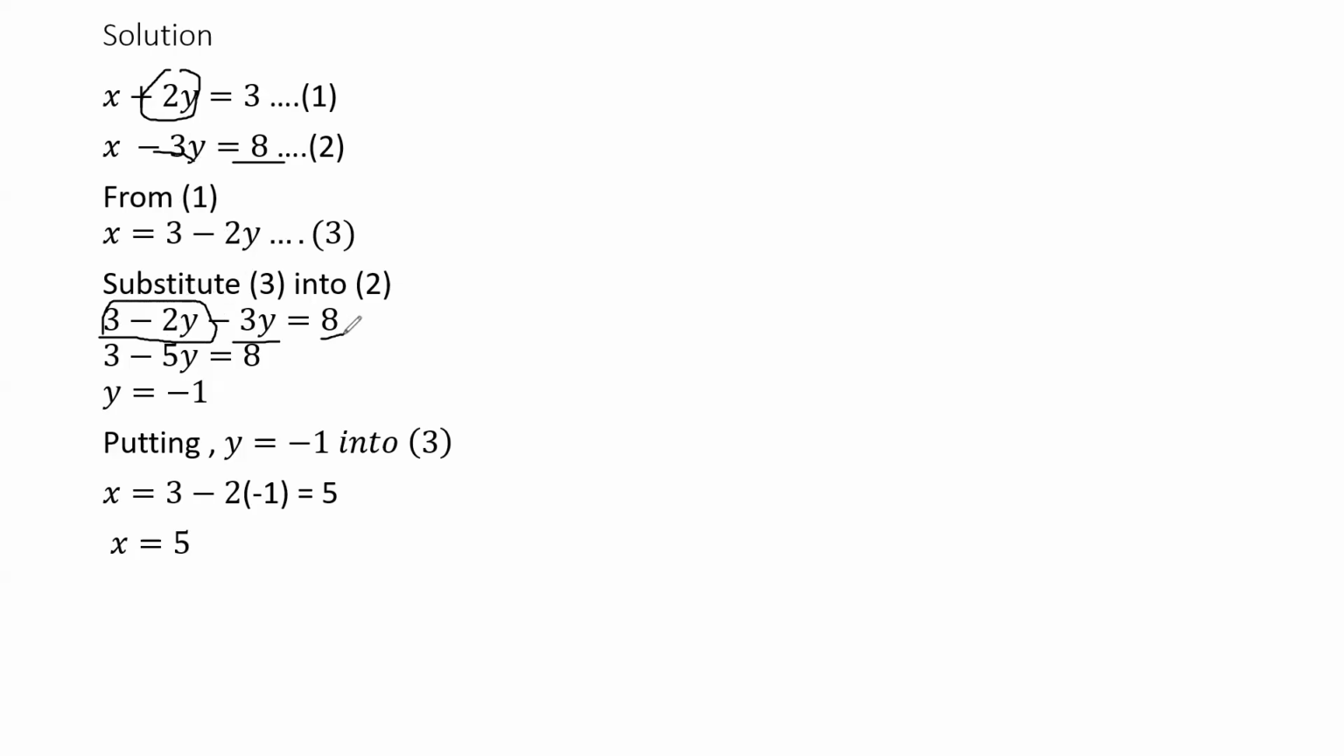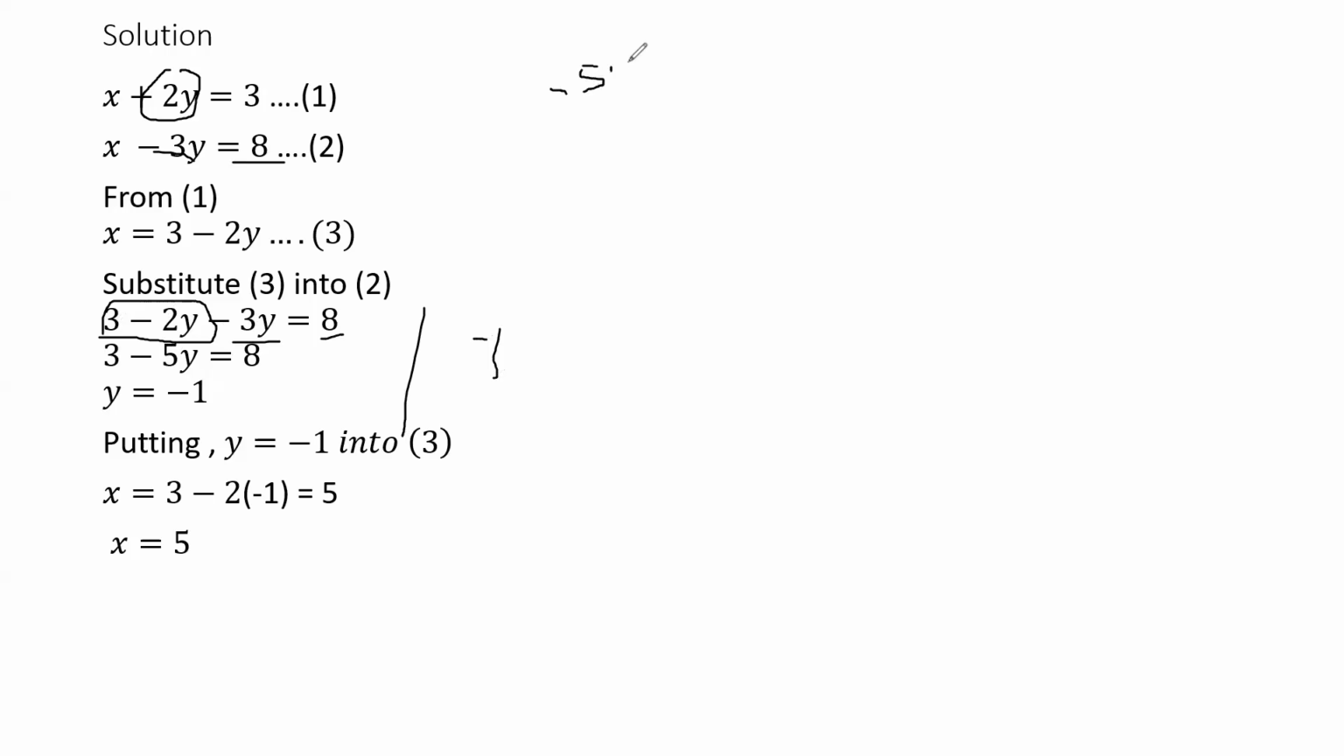Yes, sir. So here you could see that we don't have x again. We only have one variable, which is y, and you can solve for it. So we have 3 minus 2y minus 3y, which becomes 3 minus 5y. So we get 3 minus 5y equal to 8. Therefore, by making y the subject, I can send 3 to this side. And when I do so, what am I going to get? I'll get minus 5y